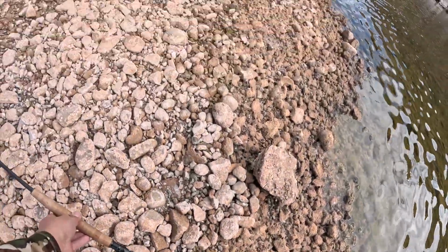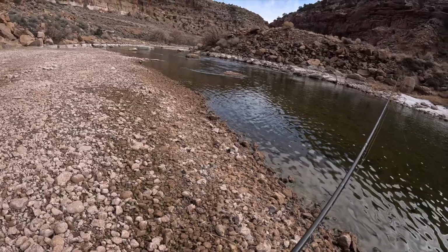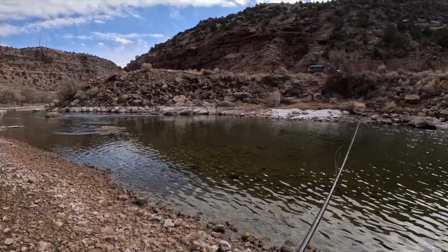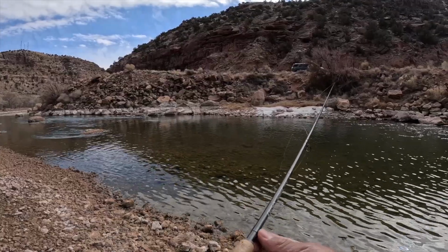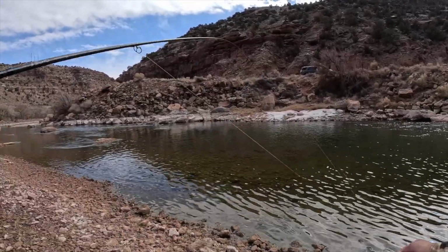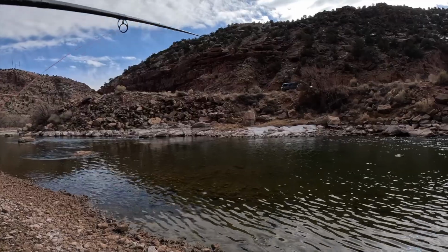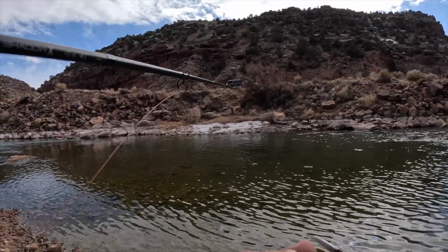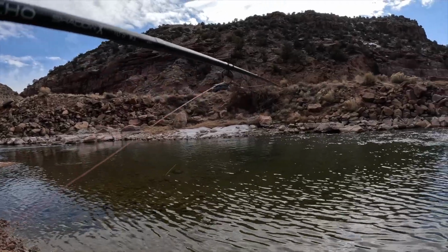Well, we'll try the nymphs. Although, I don't know. I have a couple midge patterns, but they're not my, I don't know. I was really excited to use those little ones. Let's throw dries. I just tied on another midge, and